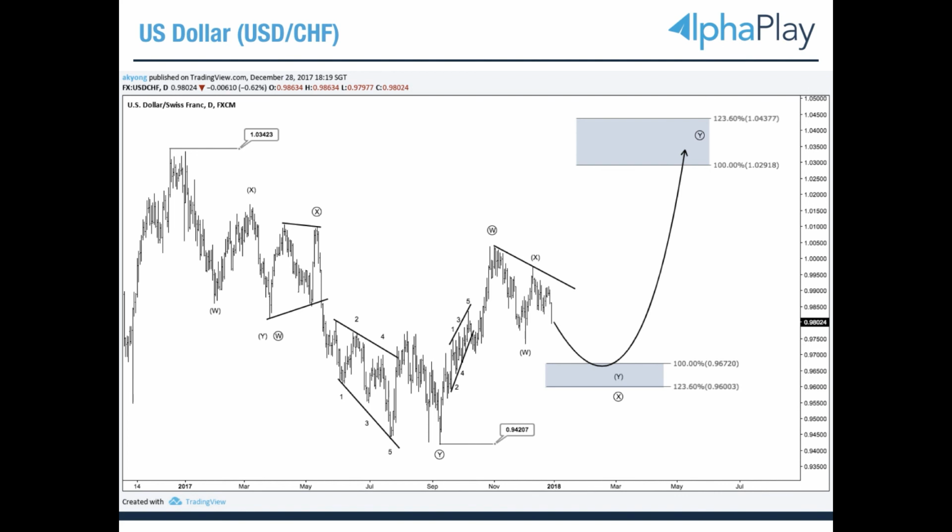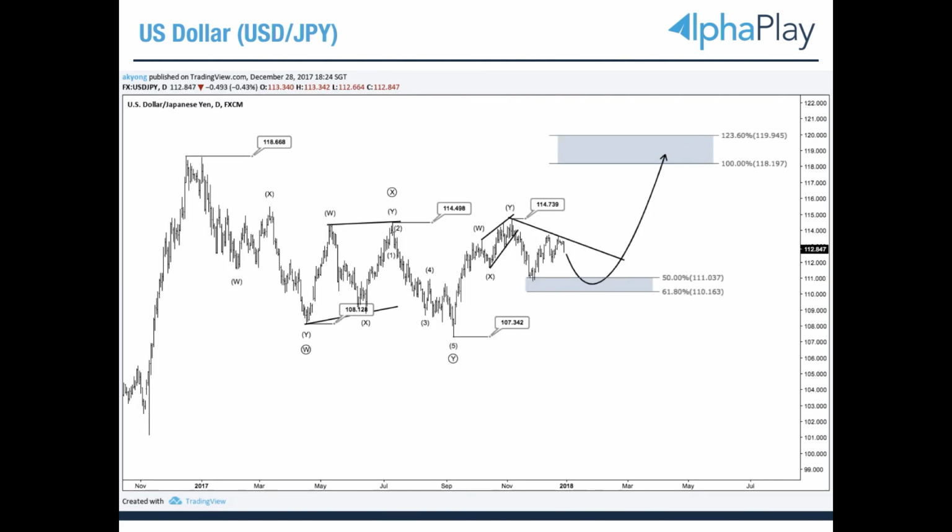The reason why we focus on the dollar franc is based on dollar strength. So the thesis must stand up. If dollar starts to weaken, then this one might not be something you want to look at. Dollar yen. Why, when there's a risk, when risk off, do we still look at dollar yen? It is because yen itself has its own problem that it needs to solve. We talk more about it another time. So basically these two, I'm focusing on longing the dollar, shorting the yen. That's why this plays out.